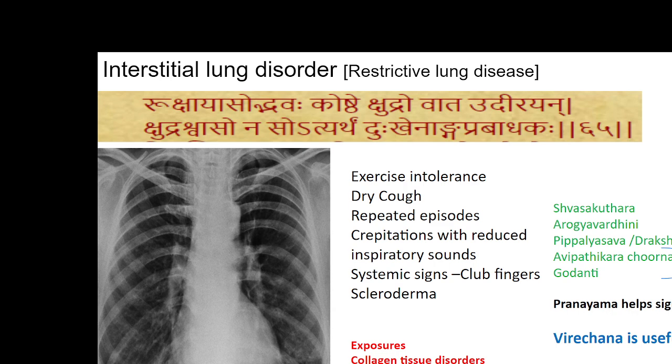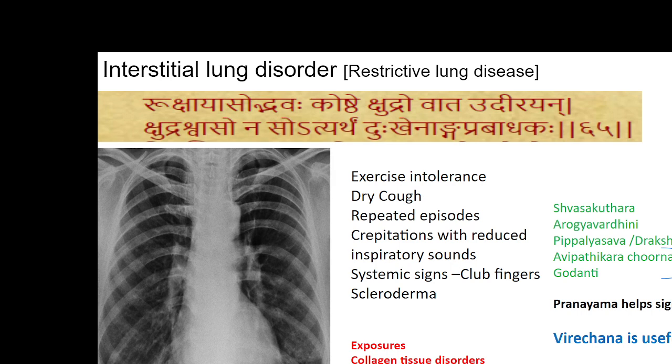Importantly, bronchodilators would worsen the condition. The majority of patients who come to Ayurvedic clinics would be of this category, because in the contemporary system the very common prescription is bronchodilators, and they do not help in such conditions. If at all contemporary treatment is required, it could be glucocorticoids. Very interestingly, glucocorticoids could aggravate the interstitial lung pathology, but in an established interstitial lung pathology, that's the only remedy you have. But our treatment would be much better than the other way.